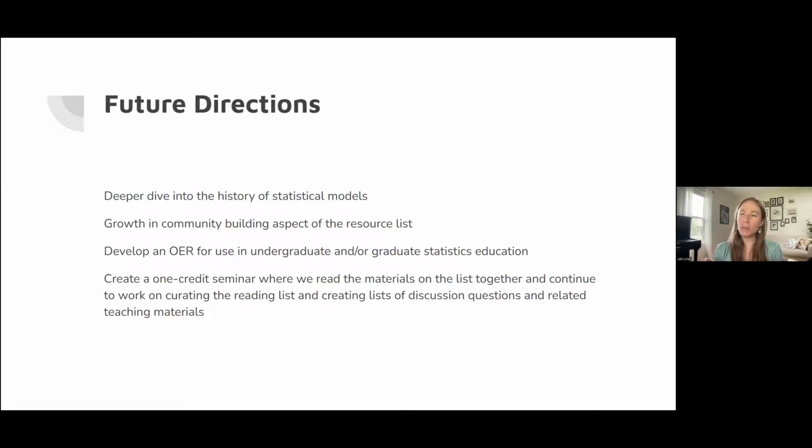So we want to maybe create more of a curated resource that is a little bit more comprehensive, in the sense that you could one-stop shop, kind of thing. Of course, there's always more to add, but that's one of our goals.